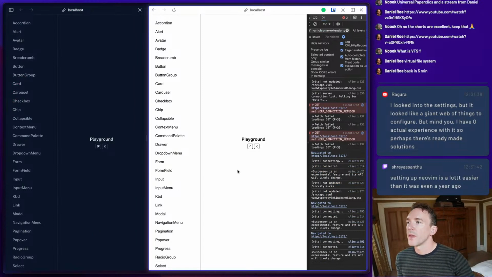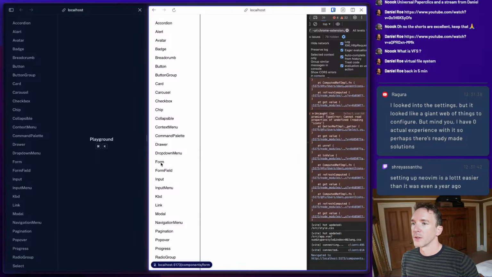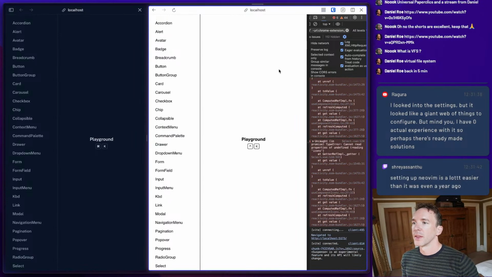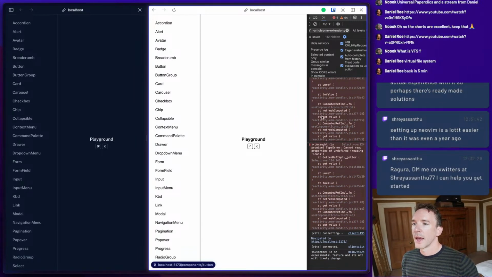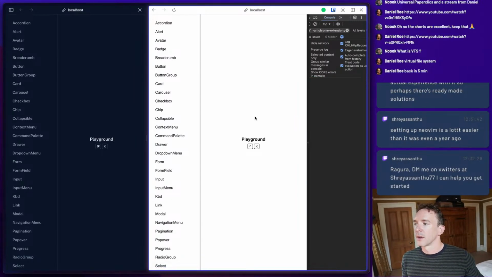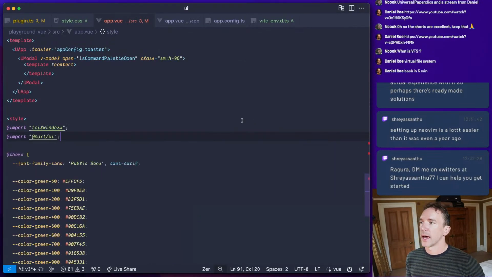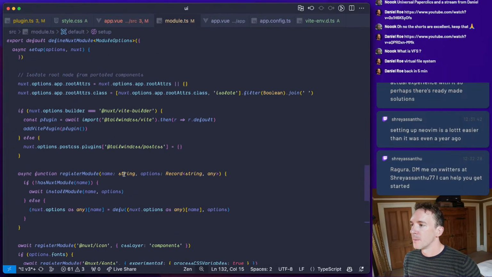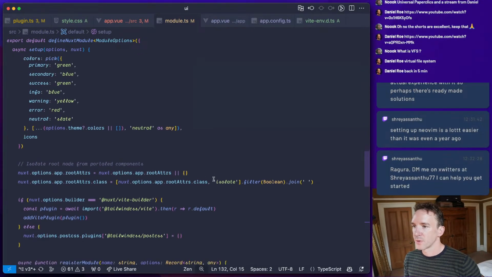Interesting. Oh, there's one thing. This is very similar. This is pure Vue. And it's working. That's not working. Ignore that. Just assume it was working. This is pure Vue. But I think the only thing is that we need to add some root attributes.